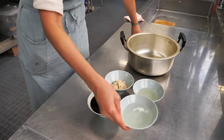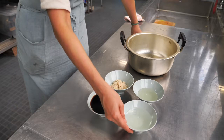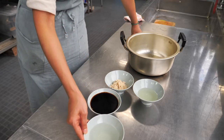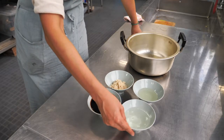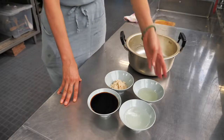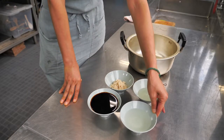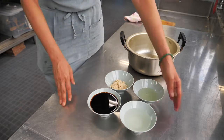And sake. You can use any sake, but I don't recommend the expensive one, because the expensive one has a really good aroma and you don't want that for cooking the sauce. So just get the inexpensive sake. If you don't have Japanese rice sake, the rice wine, you can use a regular, very dry white